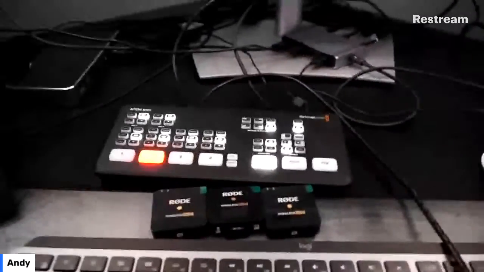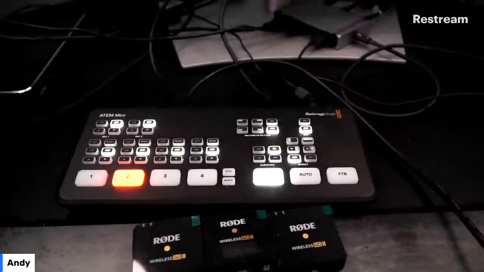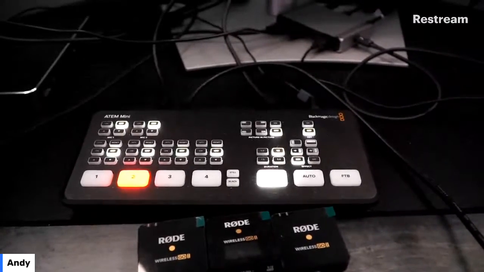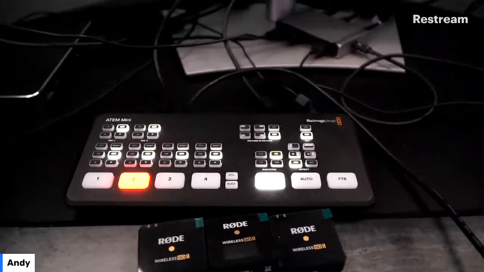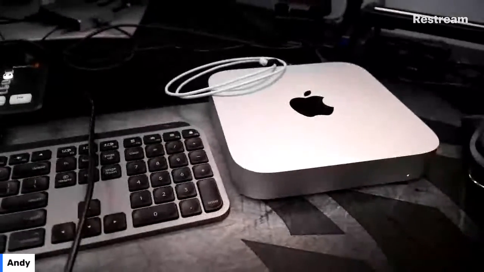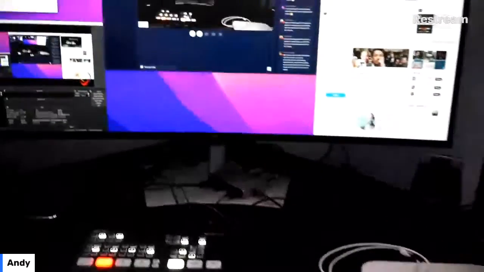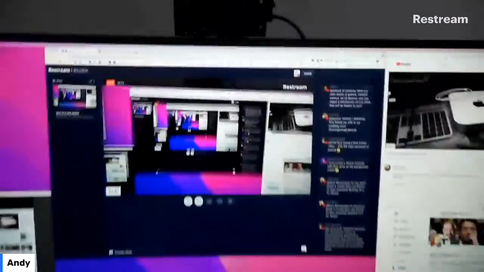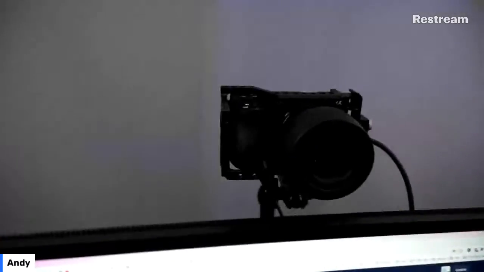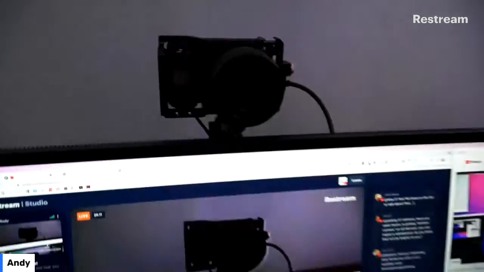And then kind of coming in right now, what I'm actually doing is I'm running through my capture card. I'm using the HDMI Mini, and I get 2 separate feeds in there, so I can run 2 separate cameras in it, and I can even do picture-in-picture if I need. So that's what you're seeing there. And then all of that's actually connected to the Mac Mini, and that's powering the whole thing. And then got the Dell monitor, and there's the Sony A6500. That's the main cam that I'm working with.